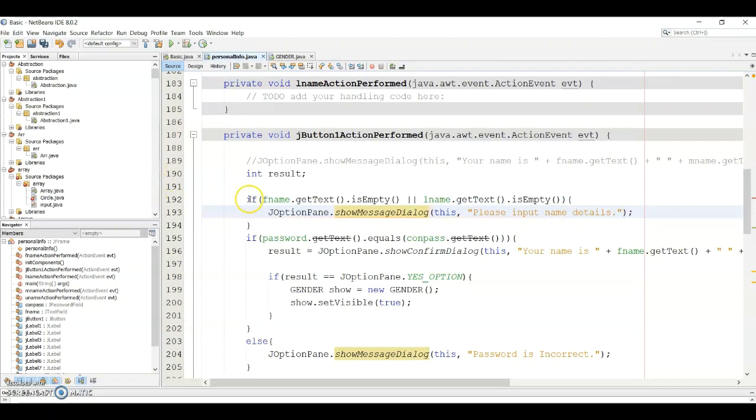Okay, so if the first name and the last name text fields are empty, it will show here, please input name details. Else